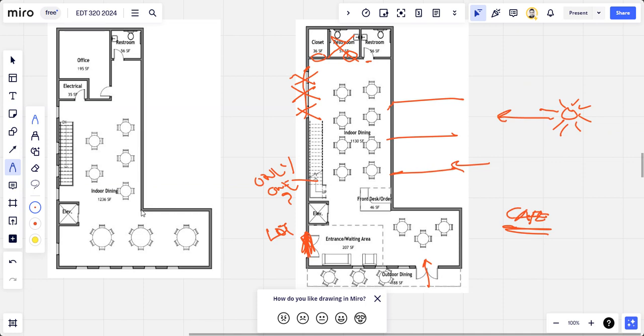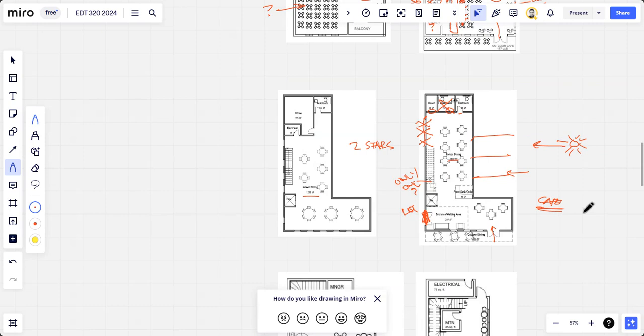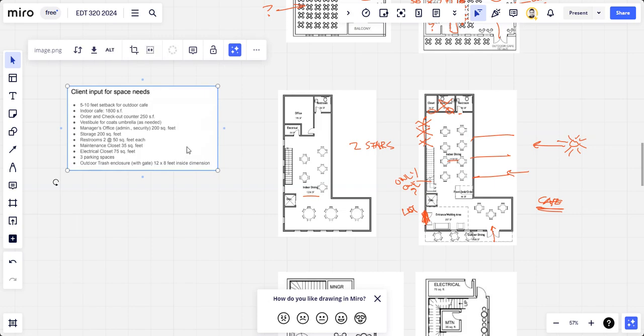So again, we need two stairs. So provide two stairs, and make sure that you do your area calculation correctly. There's a lot of missing things here, like where's the ordering? Okay, so again, you have to go back to what's required. We have requirements for the project, and those are client requirements. So make sure that you provide the client requirements. Okay,